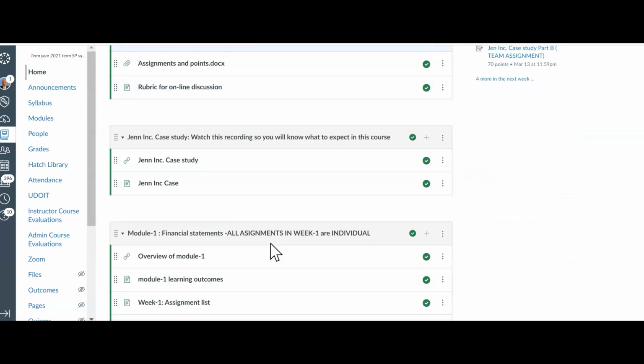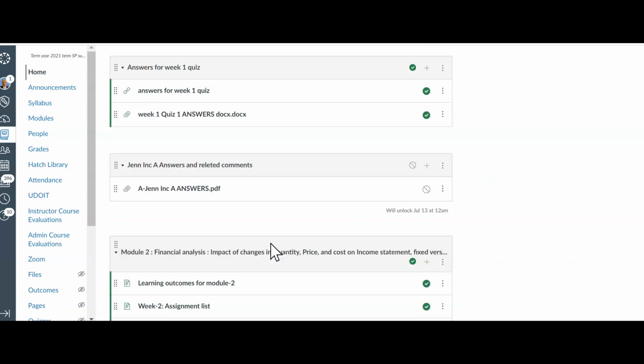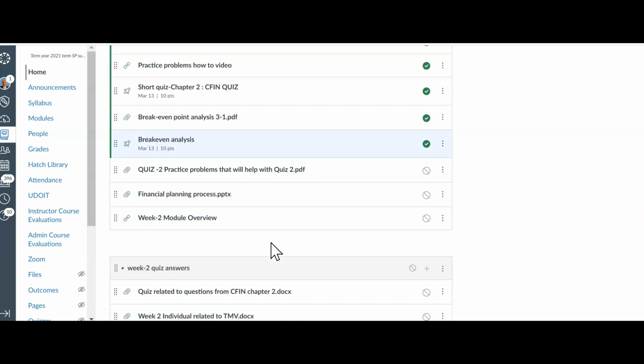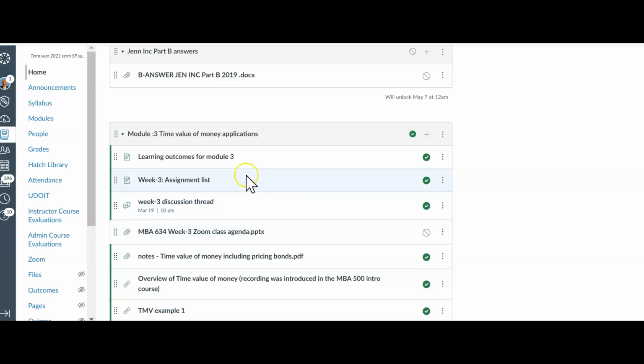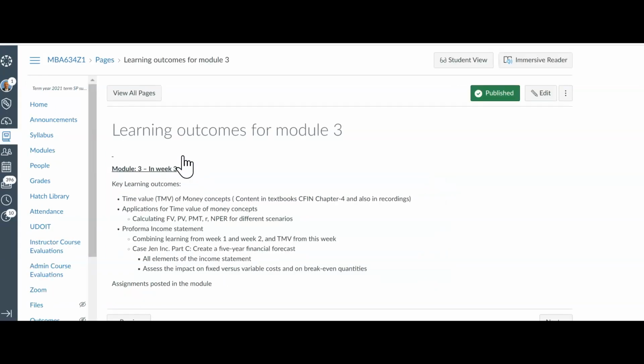So this is week 3. We're gonna start in module 3. And module 3 starts out with the learning outcomes in module 3. And the foundational knowledge that you will be learning in module 3 in week 3 is going to be time